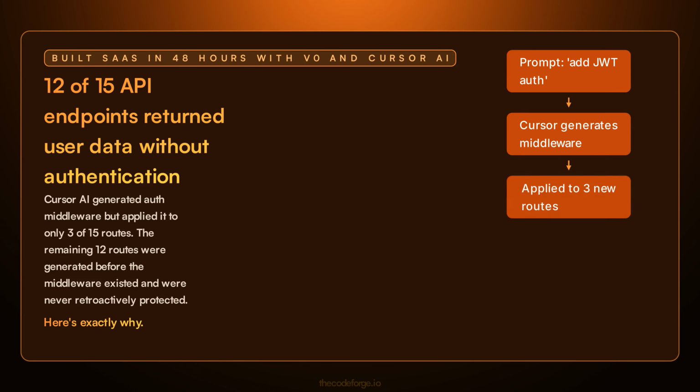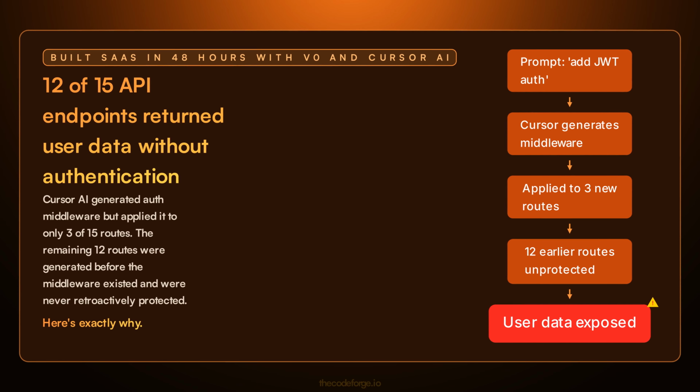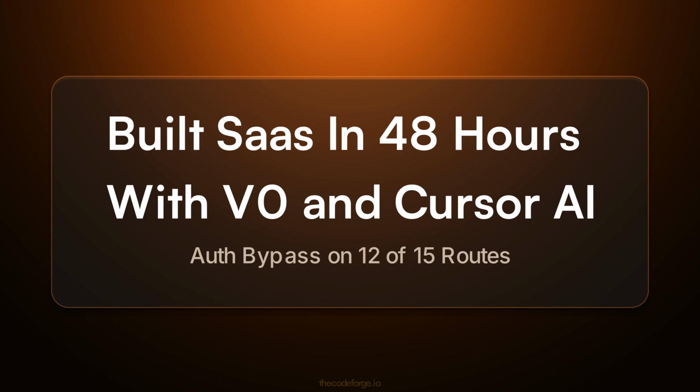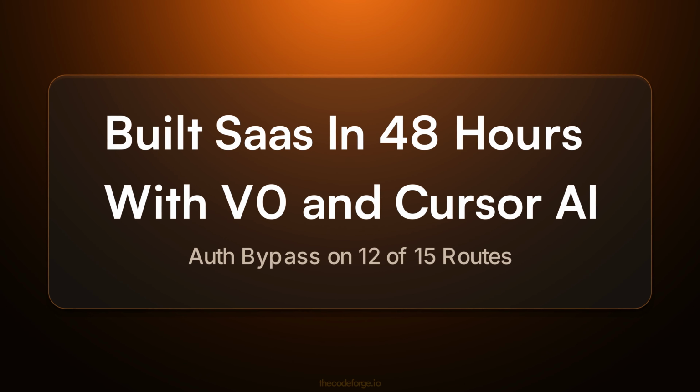12 of 15 API endpoints leaked user data because Cursor AI only added authentication to routes generated in the same prompt. It never retroactively protected the earlier ones. Let's break down built SaaS in 48 hours with V0 and Cursor AI, how it works, and the exact mistake